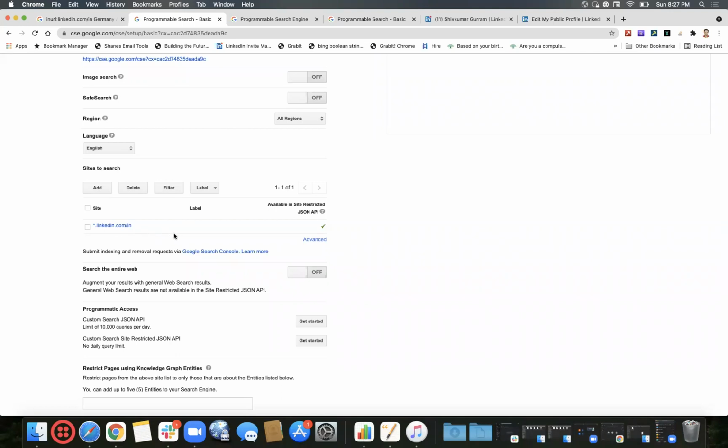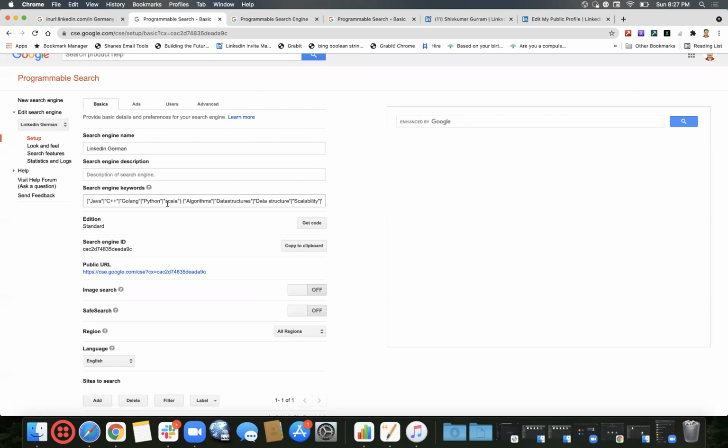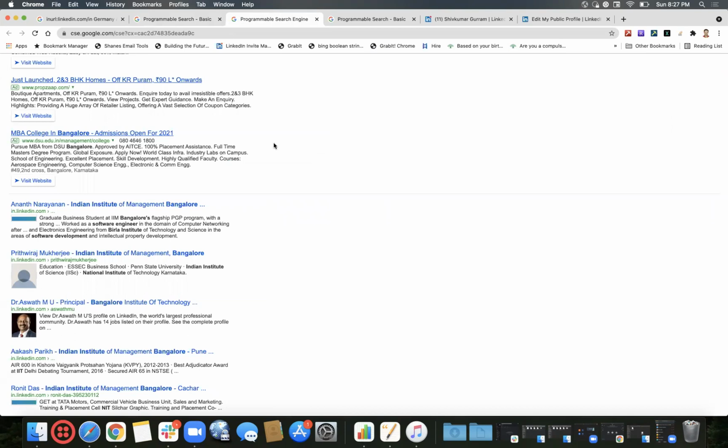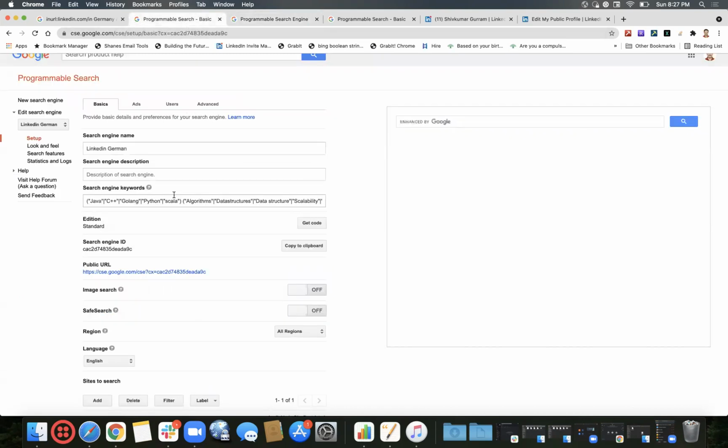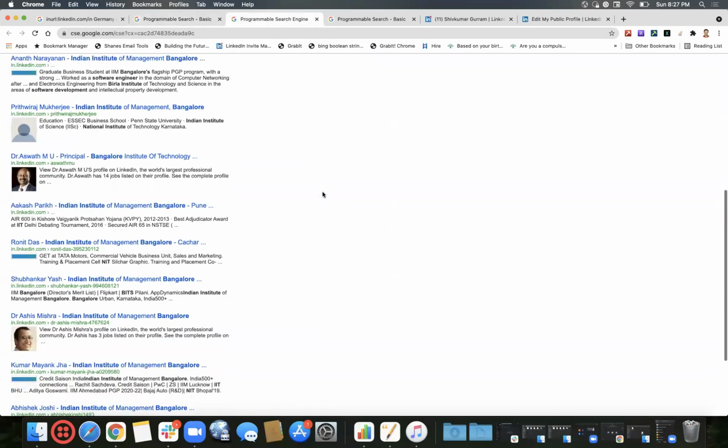Okay, so I'll just take a pause. Any questions on this? So we added star. The reason is that star resembles www. So for that we added star and then .linkedin.com/in, which is the URL pattern of individual profiles on LinkedIn. And then we added a number of keywords over here so that whenever we give a search, our search engine fine-tunes the searches in the backend and tries to focus on the keywords we have mentioned over here. I'll just take a pause.